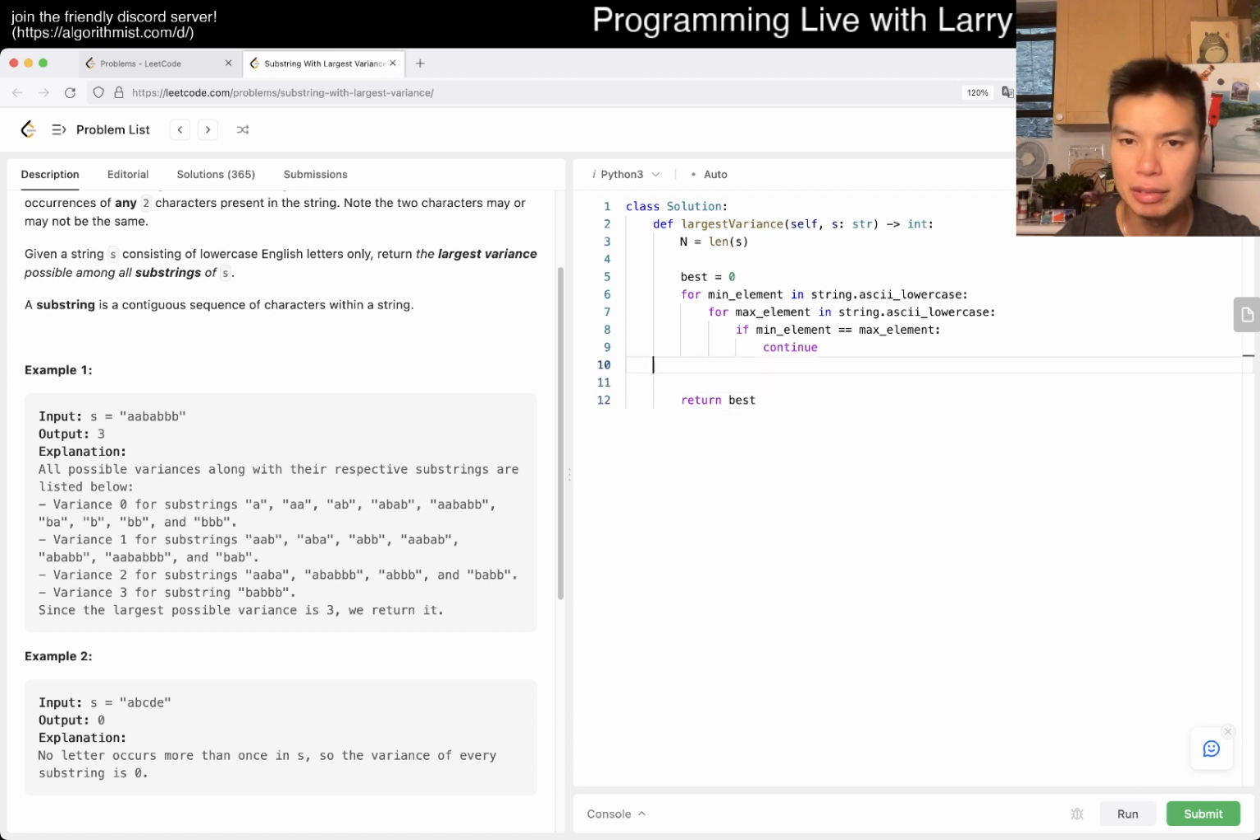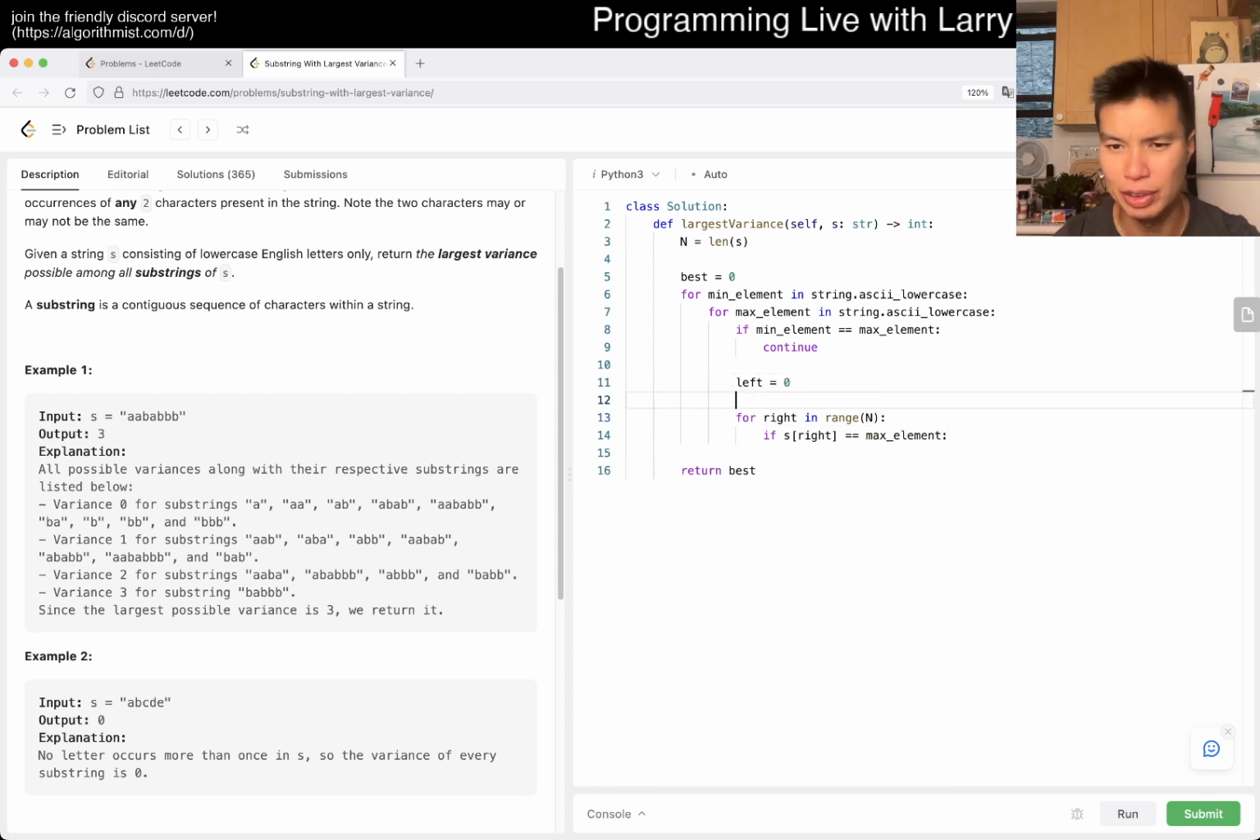Okay, yeah. And basically, now we do the sliding window, right? So left is equal to 0, for right in range of n. If s of right is equal to max element, right? So we have a sort of current delta is equal to 0. S of right is equal to max element. We add one element, right? And then while s sub left is equal to min element,